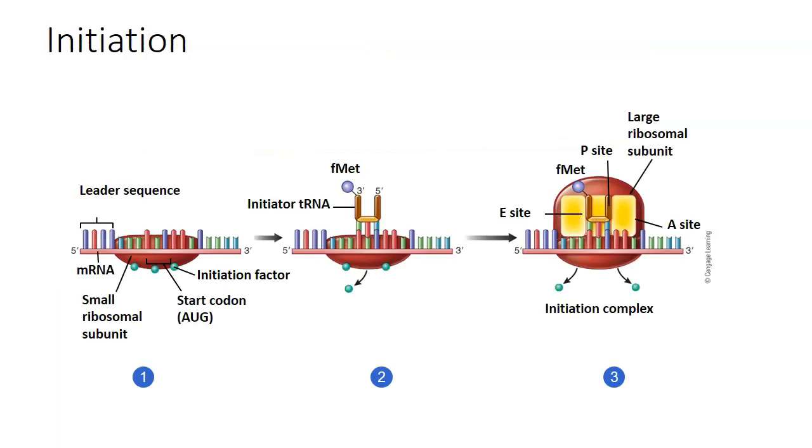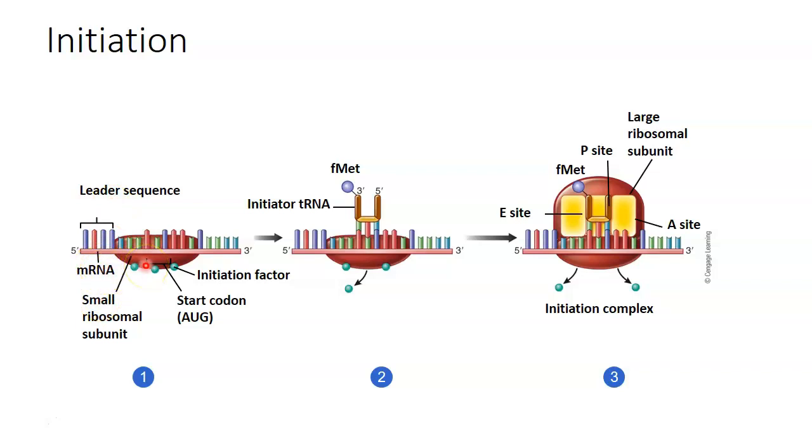Okay, so here is initiation. And so what do we have here in this figure? Here, this light pink, this is the mRNA transcript, right here. These little things kind of poking up off of it, those are the bases. Okay, so at the very beginning of the RNA transcript, at the 5' end, there's going to be a sequence called the leader sequence, and that's going to come before the actual gene, before the codons actually start. But the leader sequence is involved in drawing the ribosome to the mRNA transcript,